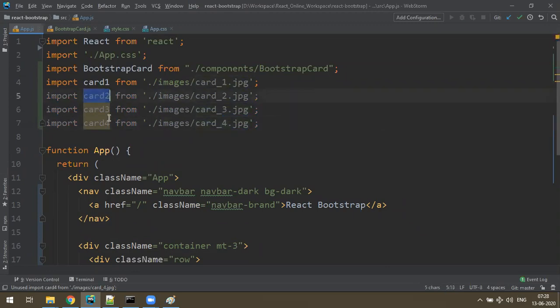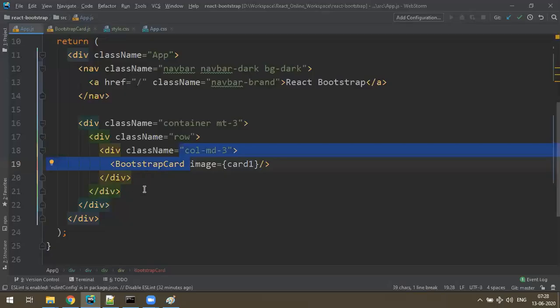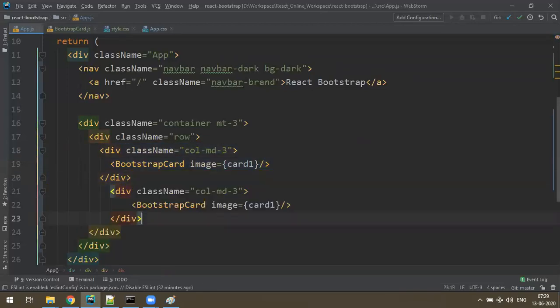Fine, and these cards I wanna push to another Bootstrap column. So this is one column, right? In the next column, side by side, in the same row, I want another column here. So what I do is, I'll just copy, I paste it.